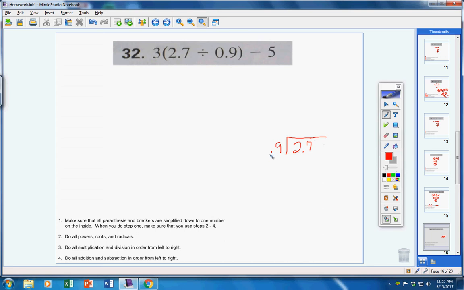You never want a decimal on the outside here with your divisor, so you move it one place so it's gone. But if you move this decimal one place, you must also move this decimal one place too. So now I have 9 going into 27. 0.9 became 9. 2.7 became 27. How many times does 9 go into 27? 3 times. So 2.7 divided by 0.9